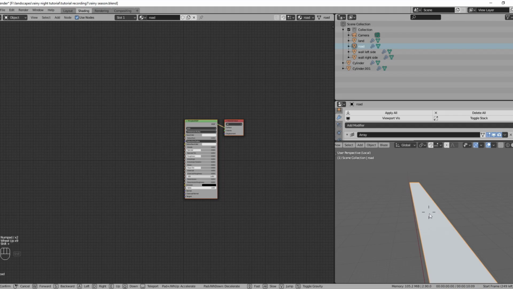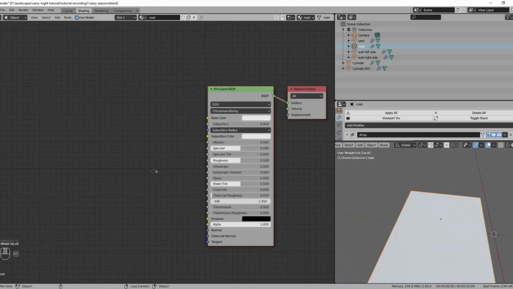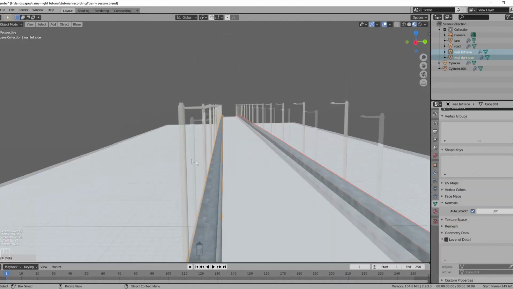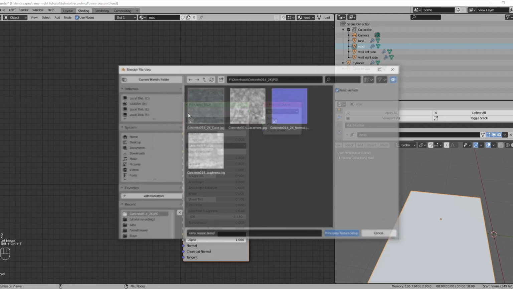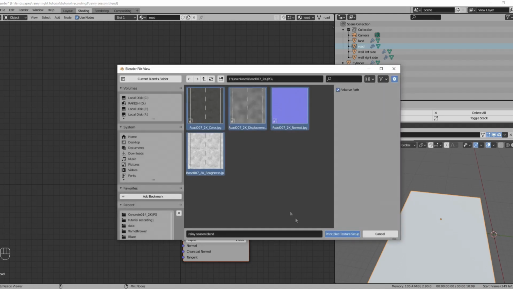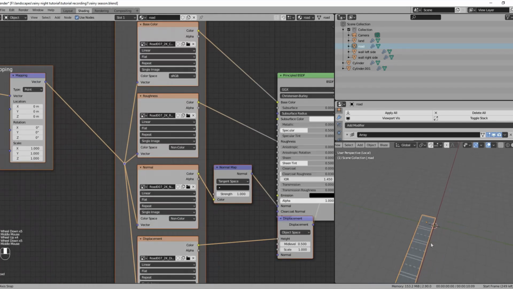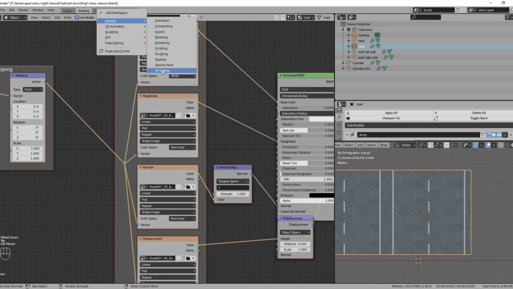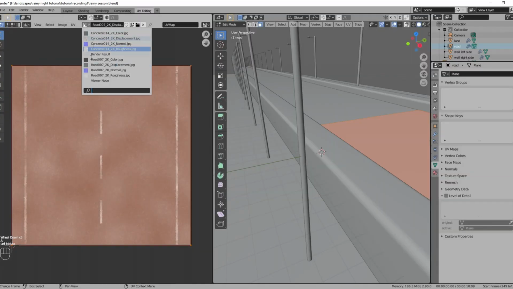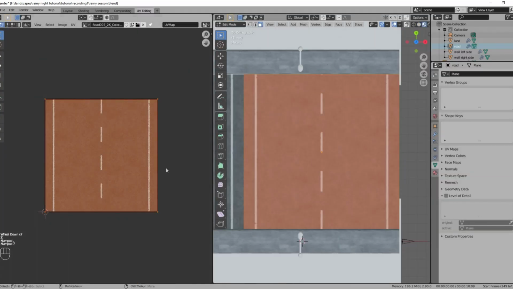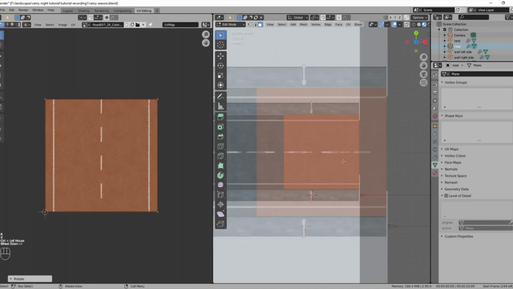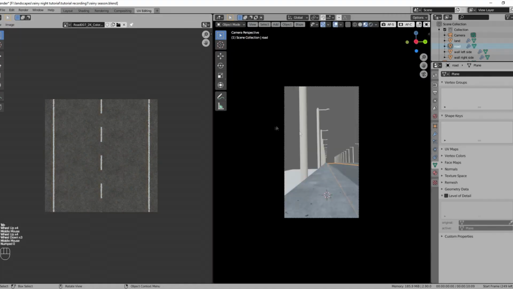And now I am going to add the texture for the road, and I am going to do it in the same way. Just press Ctrl plus Shift plus T while the Principled BSDF node is selected, locate the road textures on your PC and hit enter, and this will load all the textures in the proper layout. But as you can see, the alignment of the UVs is not in the correct direction, so you just need to rotate the UVs by 90 degrees in the UV layout window, and this should fix this. And now the road is looking right.